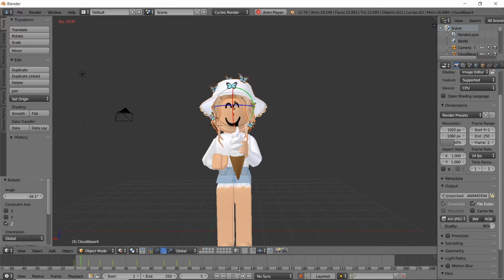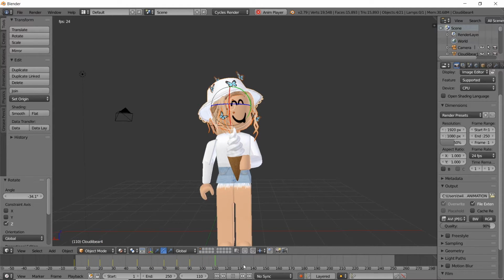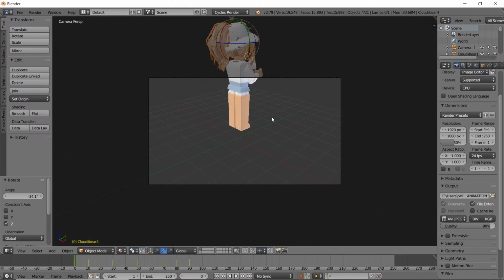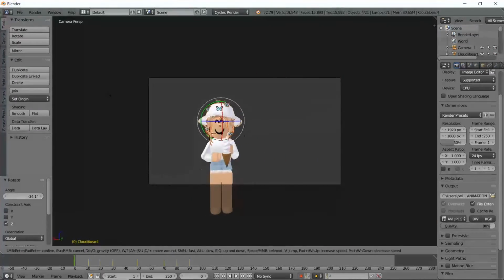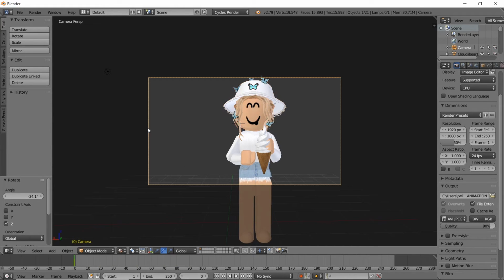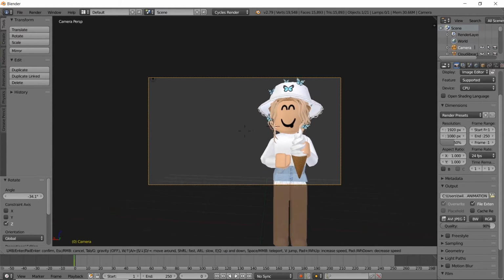Here it is. Here's the finishing. Waving. And then, yeah, okay. So now what we're going to do is go to this little view over here, click camera, and get in the right position that I want this to be. So we're going to right click on the camera, and